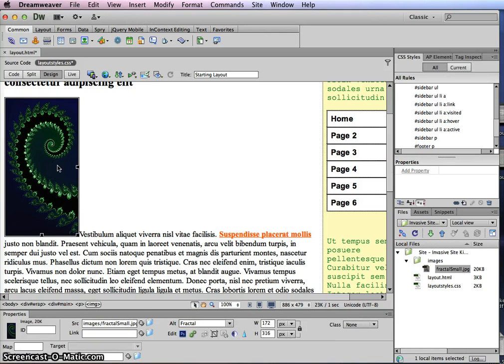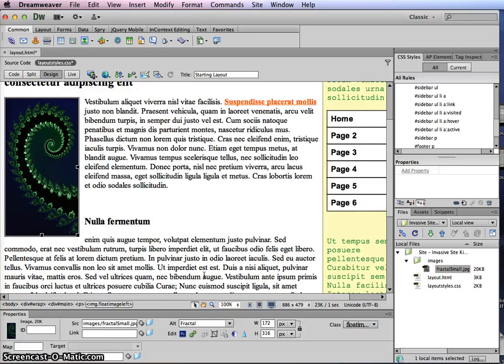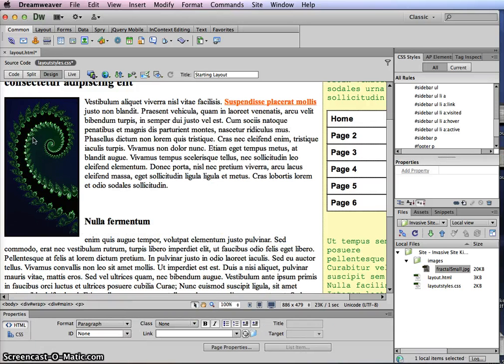So I'm clicking on the image. With the image selected, then I'm going down to my class over here in the properties. And then I only have two so far, so there they both are. So floatImageLeft. The image stays on the left, the text goes up to the right of it, and there's that padding. Okay, and if I change